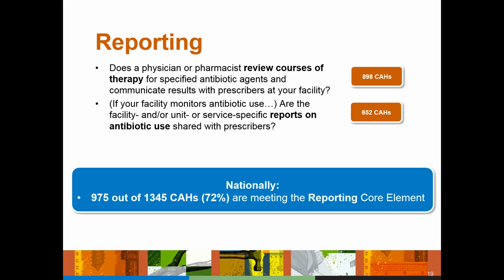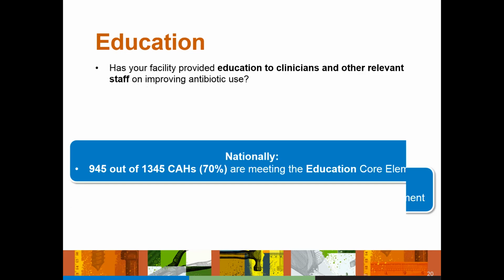So it's a multi-step process. And nationally, 72% of CAHs are meeting the reporting core element by doing one of those 2 things. With regards to education, this is really interesting, and when we get into the results of the focus group, I was really blown away by how many of the CAHs indicated that this was one of the most difficult things